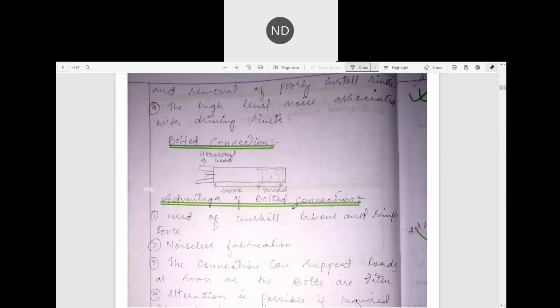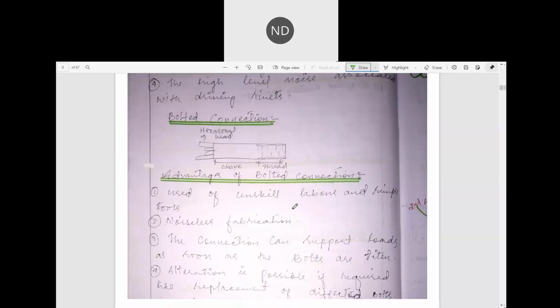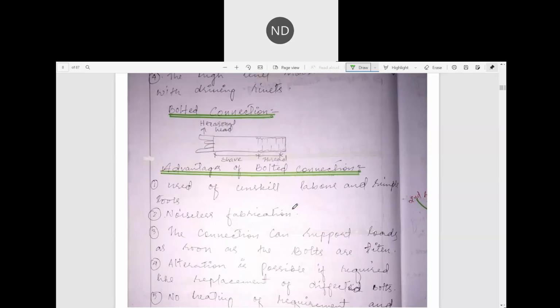Now these are just a little information on your riveting, bolting, and welding. Once we discuss what these types of joints or connections are, we'll start with the particular topics. For bolted connections, we'll be designing bolted connections, and we'll be designing the welded connections. So just a brief idea on all the three. Now is the time for the bolted connection.